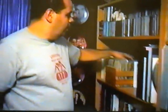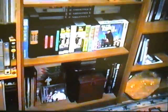Okay, 45s, all original stuff that came out. Then I have my rare 45s in that box, all the originals from the 50s and 60s are in that little brown box down there. As you can see,